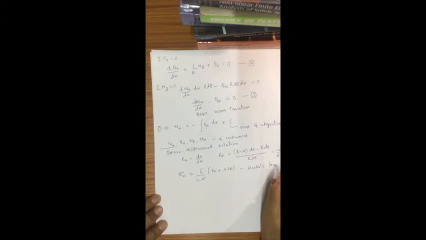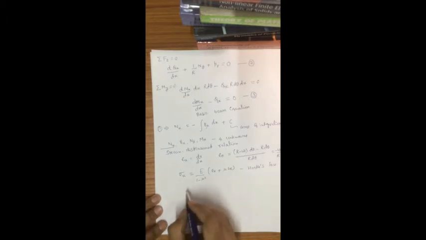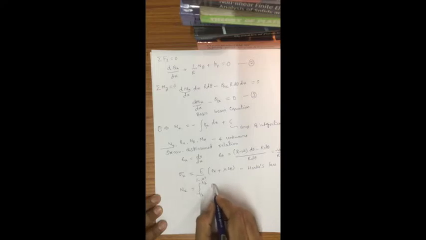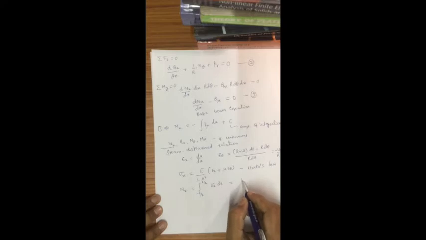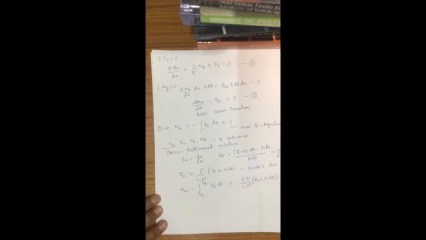Hooke's law we have written like this. Therefore, I can write down Nx is equal to the integral from minus t by 2 to t by 2 along the thickness of the shell, sigma x dz, which can be written as E t divided by 1 minus mu square times epsilon x plus mu times epsilon theta. This is the stress resultant along the x direction in terms of the strain.